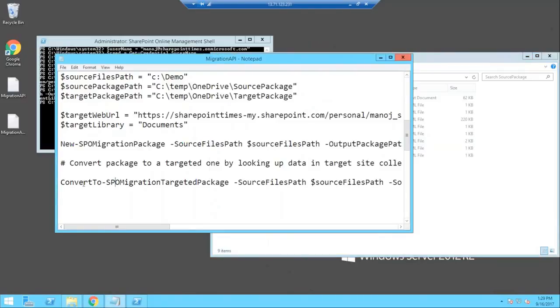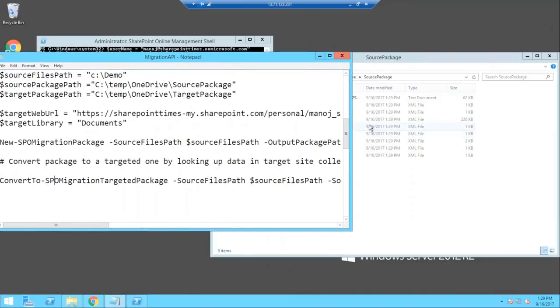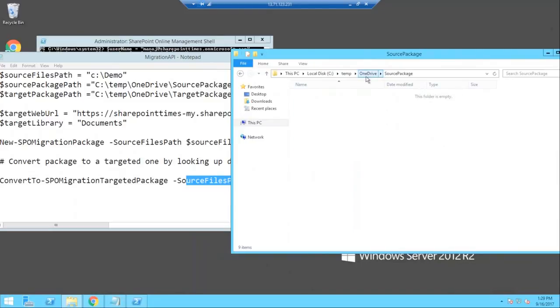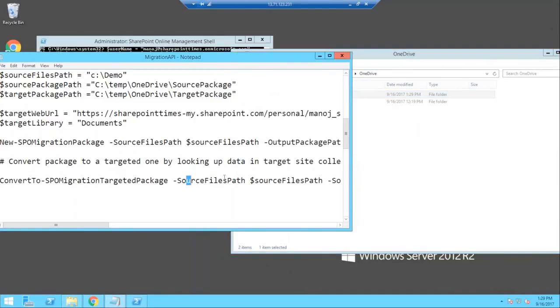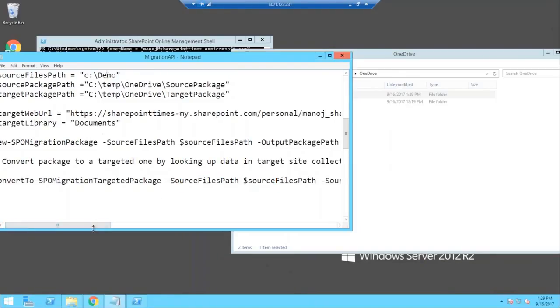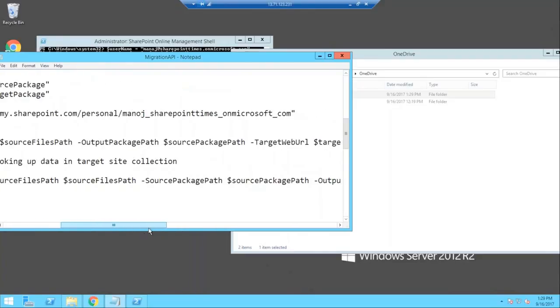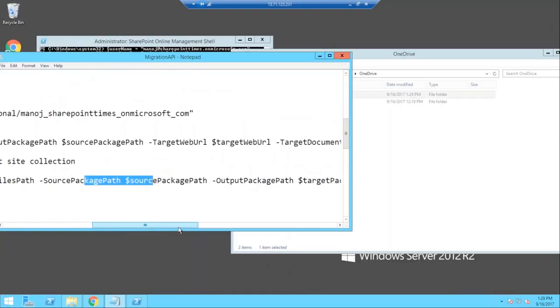Okay, it's almost the same command we use for on-premises. The reason is we have the files and the packages, and now we need to convert them from the target web URL point of view. It will take the source file path, which is C:demo, the same variable, with all the XML and content in the demo folder. After that we need the source package path, where the XML file I just created exists.